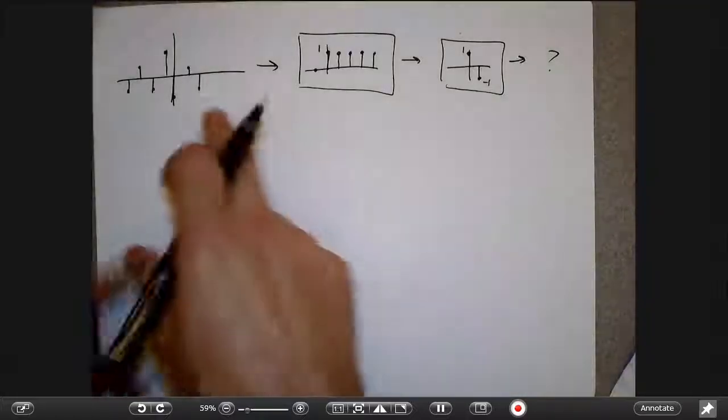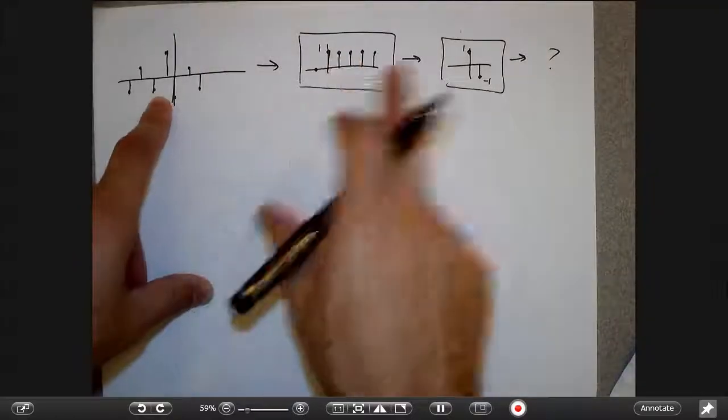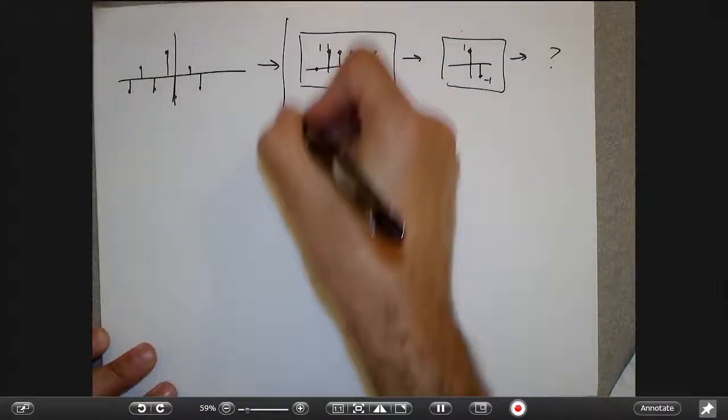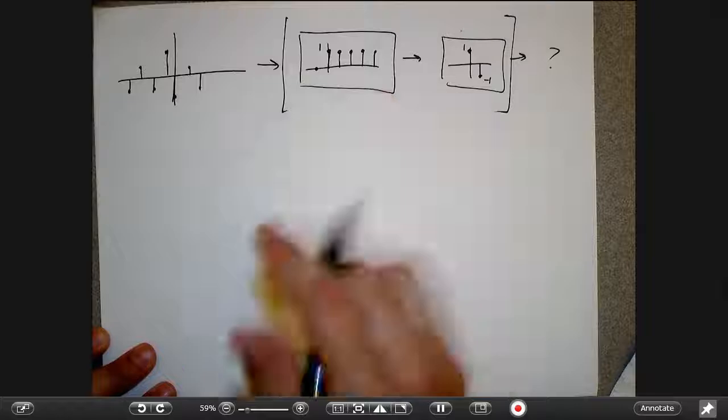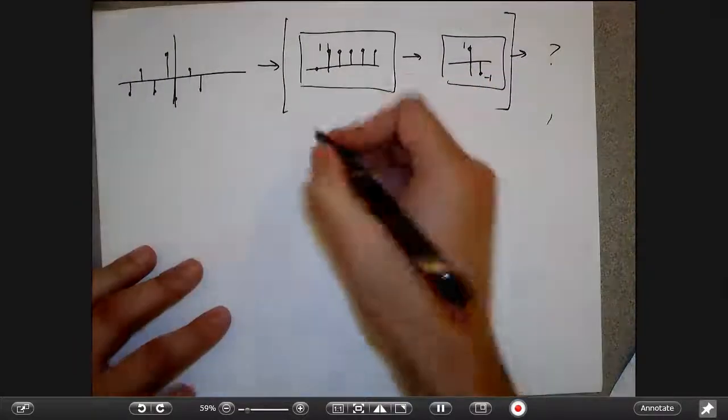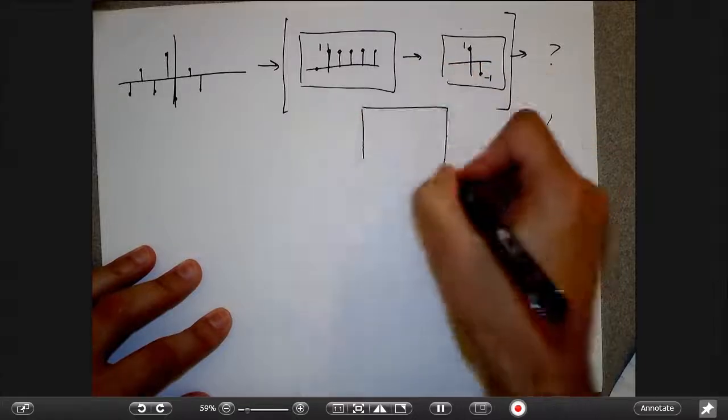Right, so to do this, I first have to convolve this with that, then I have to convolve that result with this. Instead, I could observe that here, the convolution of these two things is really easy, right? So if I flip this one and shift it across, I can see that my effective